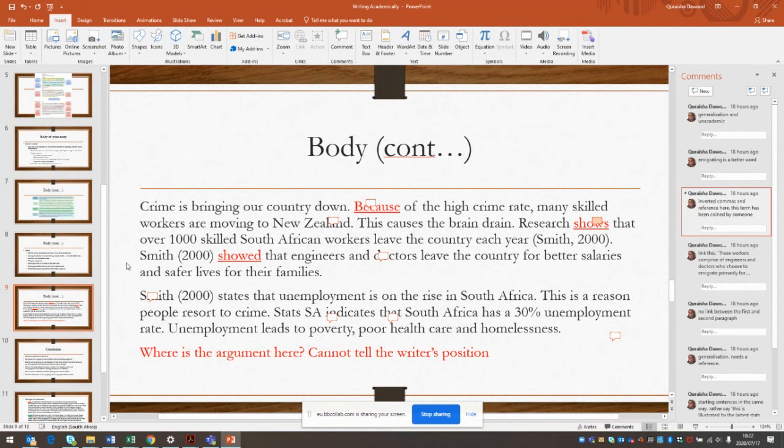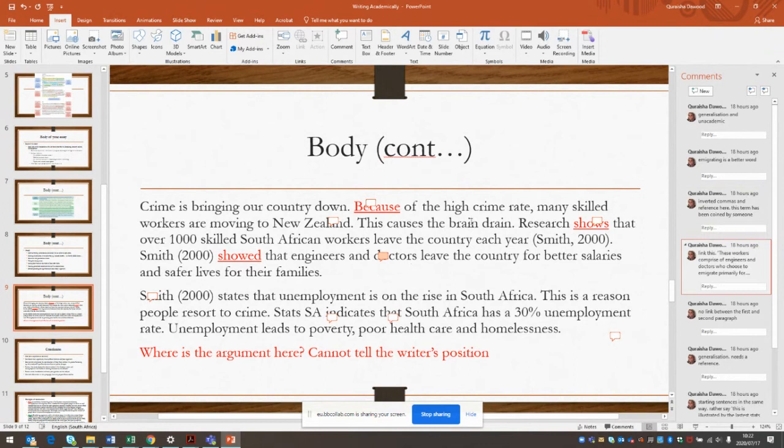Okay, "Smith showed", now that's past tense, and you can see that I said Smith here. I've ended my sentence with Smith and then I started it as well. "Showed that engineers and doctors leave the country for better salaries and safer lives for their families." Now I said